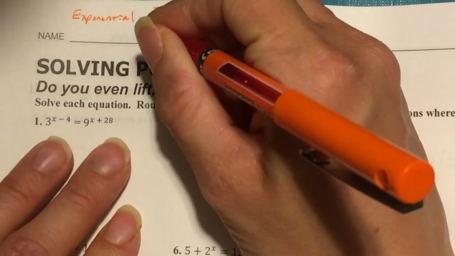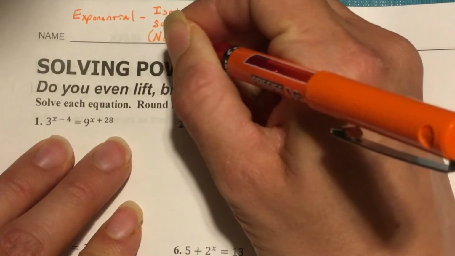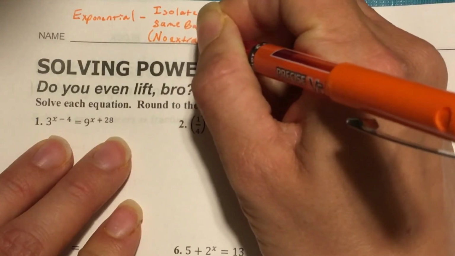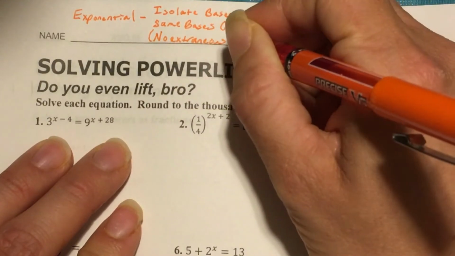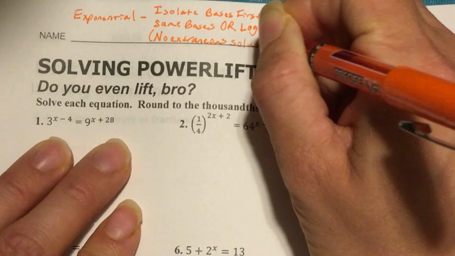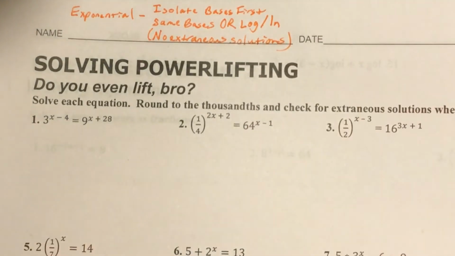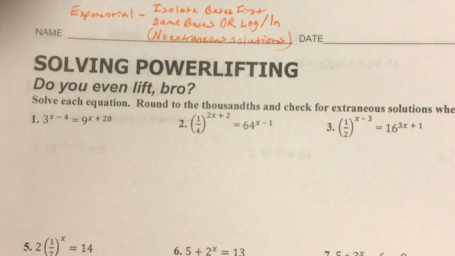Something to note about exponentials is that there are no extraneous solutions. So we're still going to be checking ourselves for accuracy, but there's not going to be any that we can solve algebraically, but then the solutions don't actually work when we plug them in. So we're going to go ahead and run with this on our first block of problems and see what these